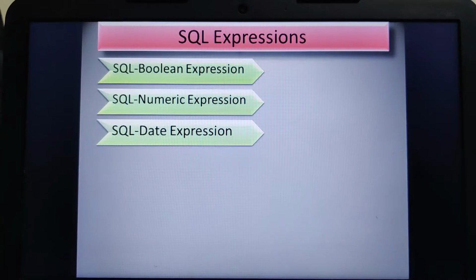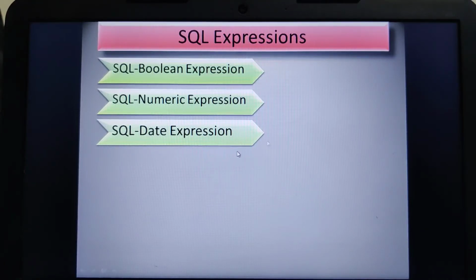Then I would write an SQL expression like select star from customers, where customers is my table name, where salary is equal to 6,500. When I write this query, where salary is equal to 6,500, that is nothing but an expression, because an expression is just like a formula, written in terms of queries.